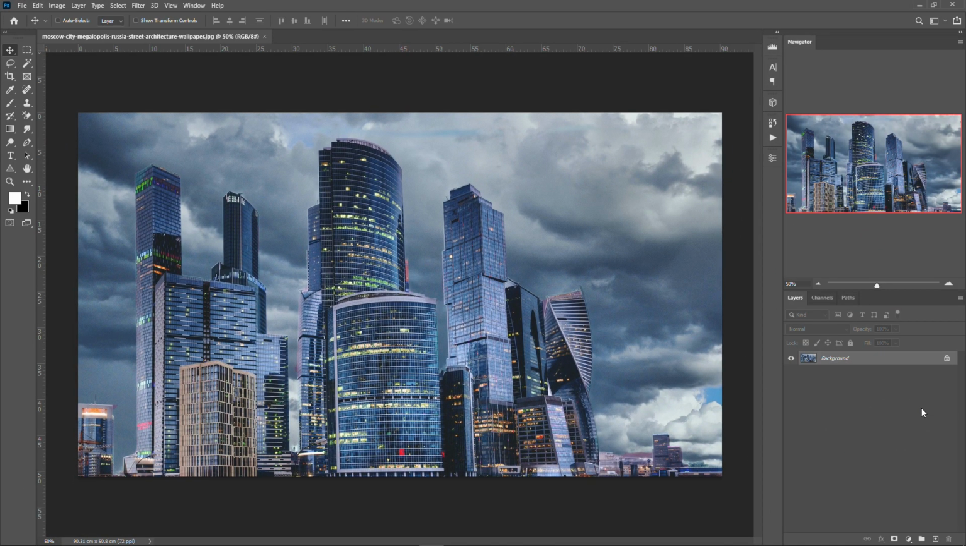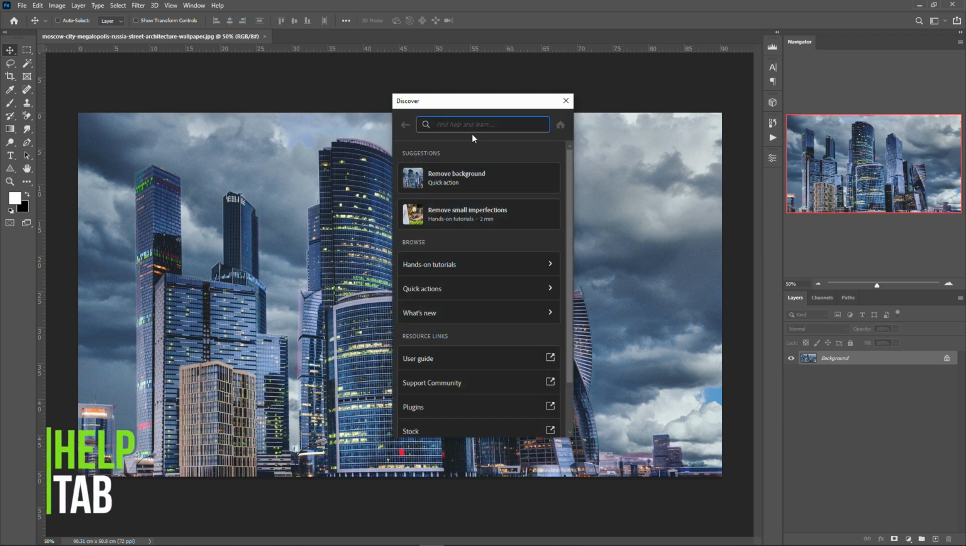Moving into the next feature, which is the Help tab, you can just go here and type in, if you forgot how to do one certain effect that you can't remember how to do. Maybe I forgot how to turn the photo to black and white. You can simply just type in